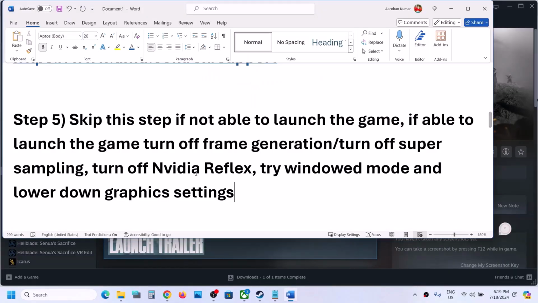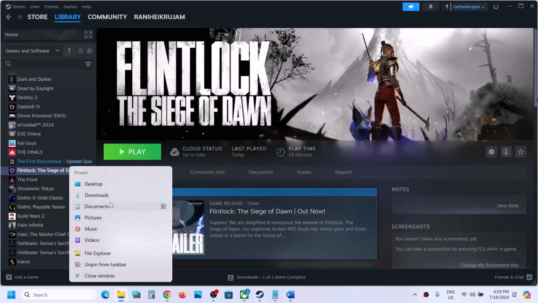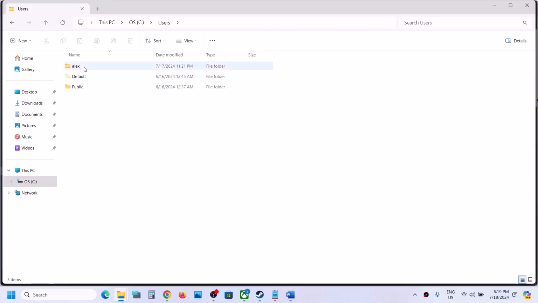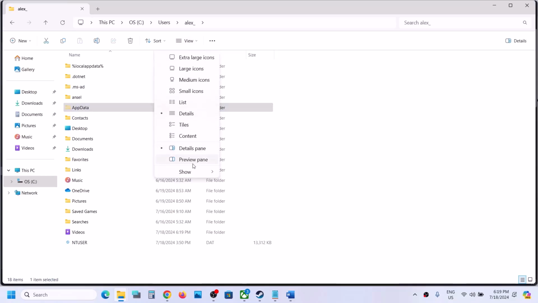Now the next step is to delete the config file and then launch the game. For this, open File Explorer on your computer and then go to This PC, open C drive. Now open Users folder. Now open your username folder. Now open AppData. If you don't see AppData on the top, click on View, select Show, and then